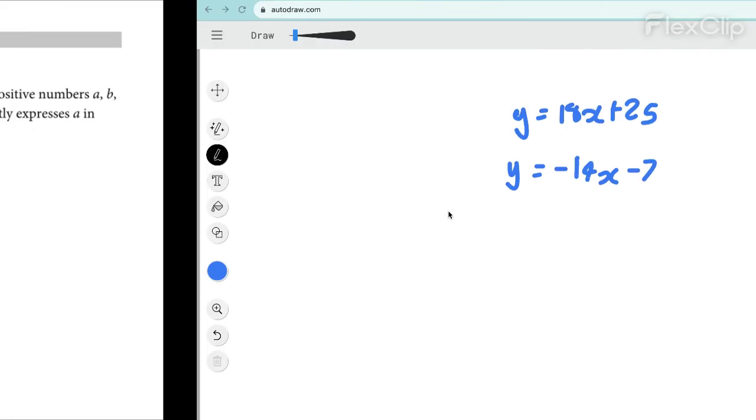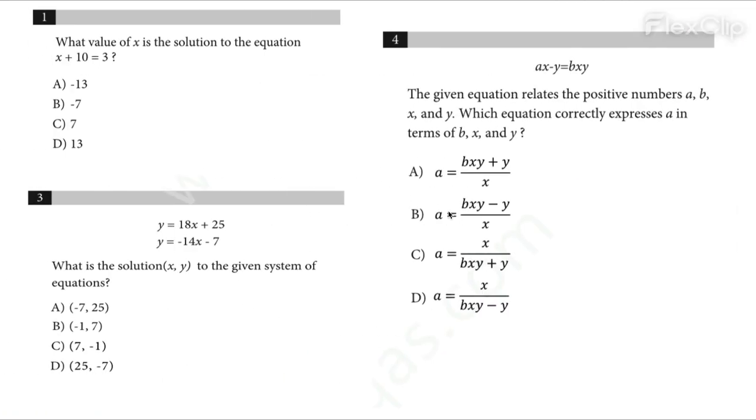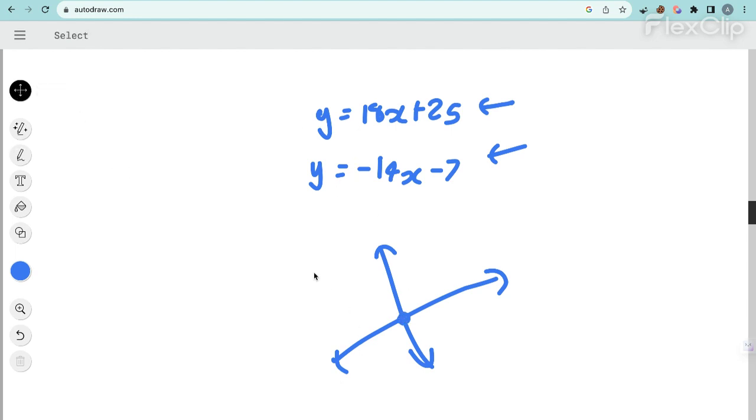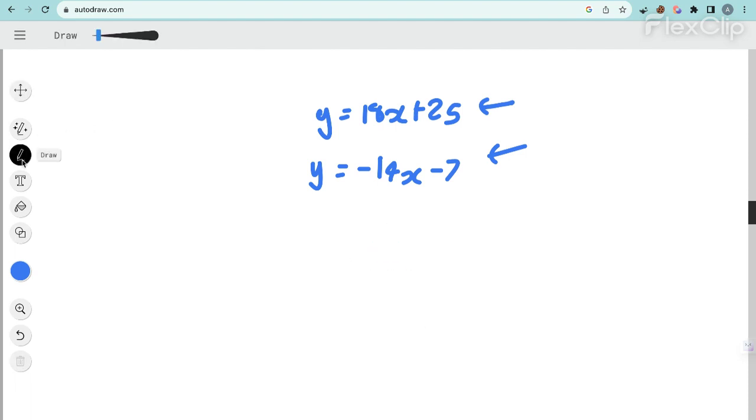When it's asking you to find the solution of x, y, I want you to think of these two things as separate lines. I don't know what this line is, but I know it's going up. I don't really know what this line looks like either, but I know it's going down. The solution is the place where these two lines intersect. So this is just a visual so you know what the solution is. But how do you actually find the solution? Well, there are two main ways. There's substitution